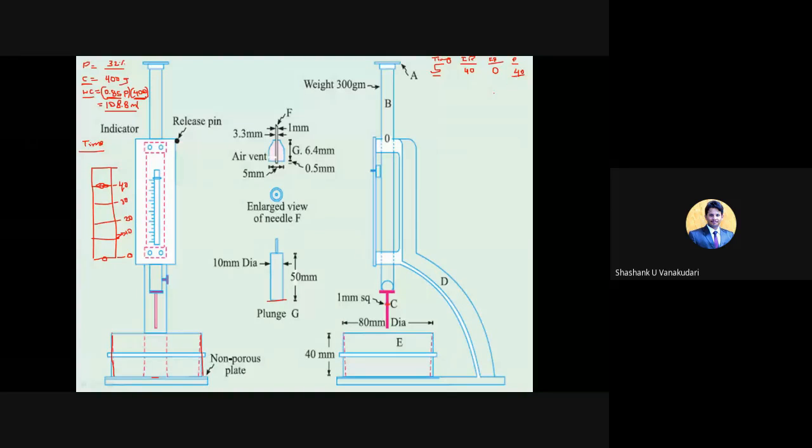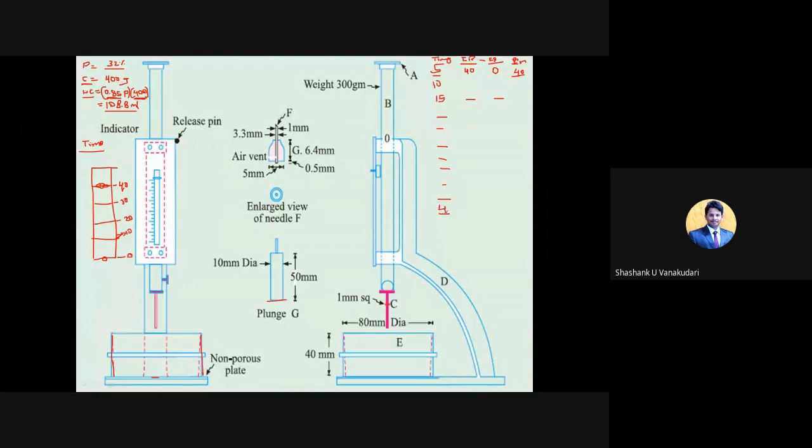So now, as the time increases, that cement will get hardened. Clear? For 10 minutes also you may get the same results. For 15 minutes, for every 5 minutes of time interval, you need to note down the readings, initial readings as well as the final readings. When you deduct the final reading from the initial reading, you will get the penetration value. Clear? So like that, you will note down for every 5 minutes time interval.